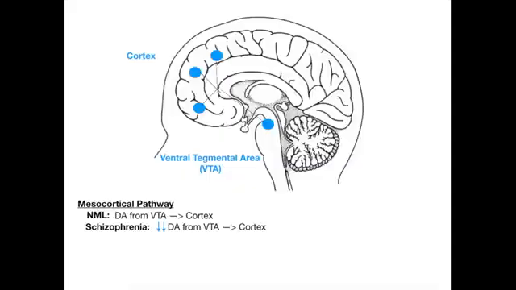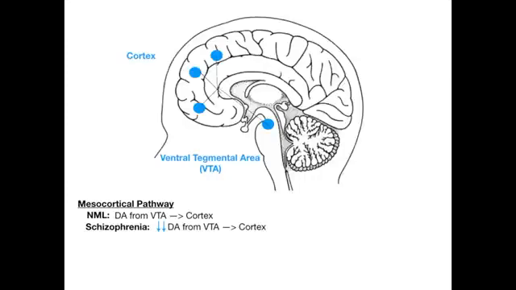So in the normal brain, we need dopamine to go from the VTA to the cortex to kind of light up our mood. I'm going to simplify this as best I can, but without dopamine going from the VTA to the cortex, nothing really makes us happy. Nothing really gives us facial expression and emotion and pleasure.